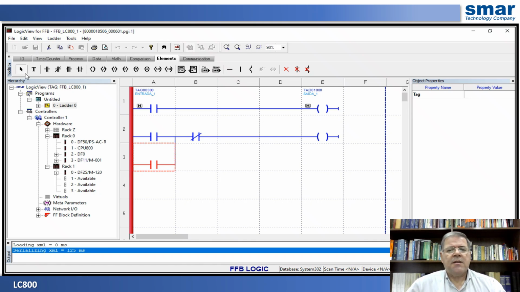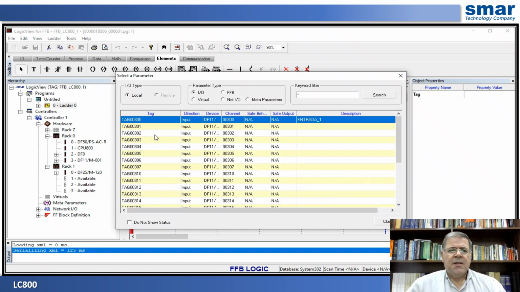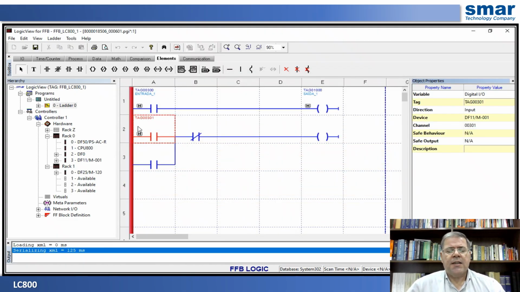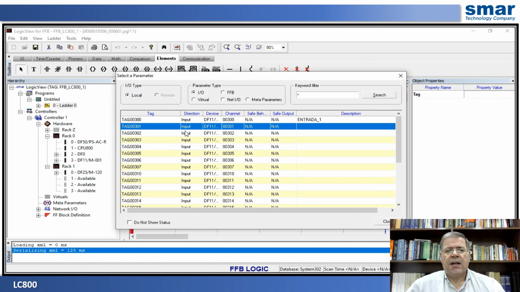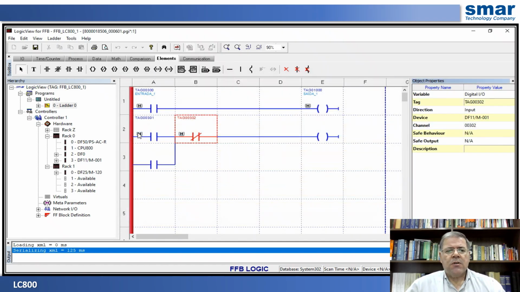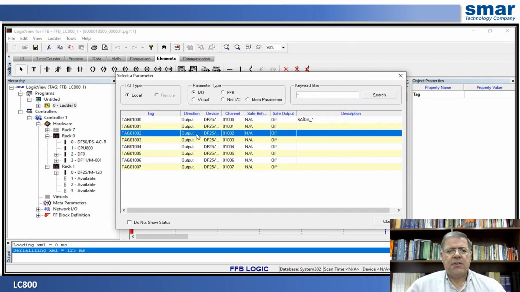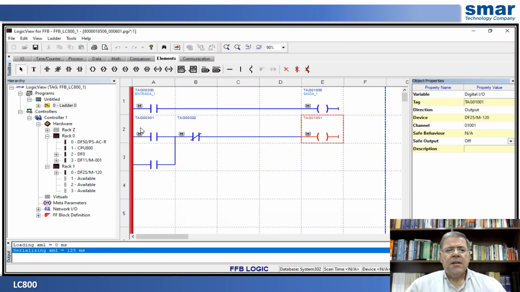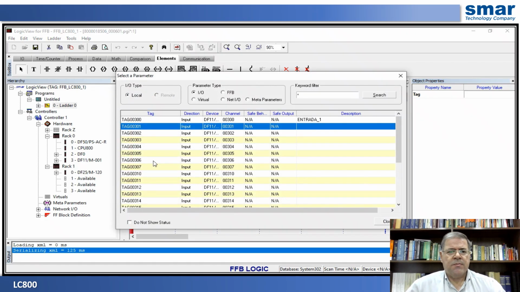Don't forget to save it, guys. Next, let's tag it as an example. Let's put in input 1 as we've already used 0. We'll put input 2 on the closed contact, which is our disconnect. And in the output, we'll insert another output. We've used output 0. Now we're going to use output 1. We're going to parallel,